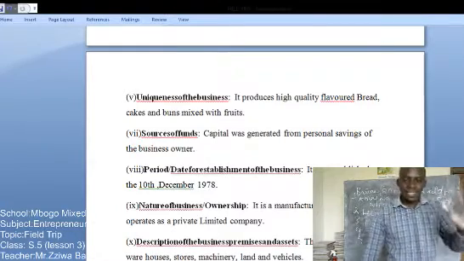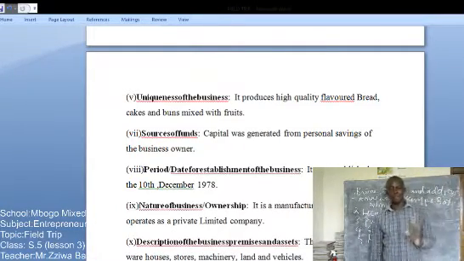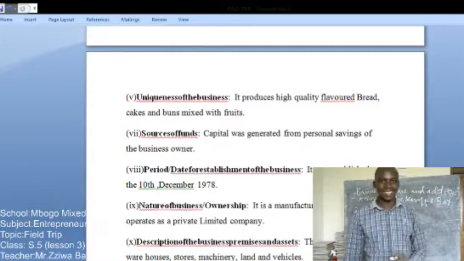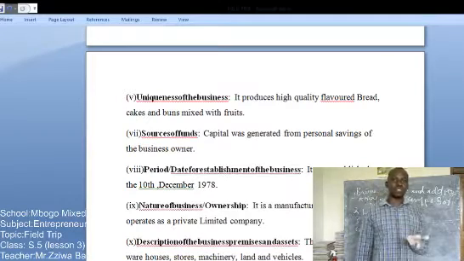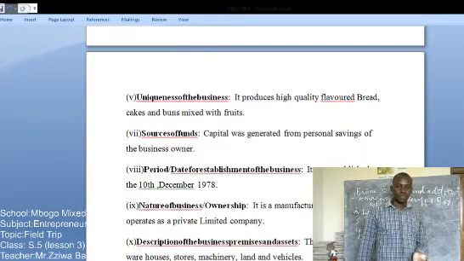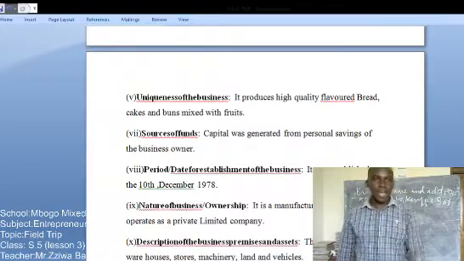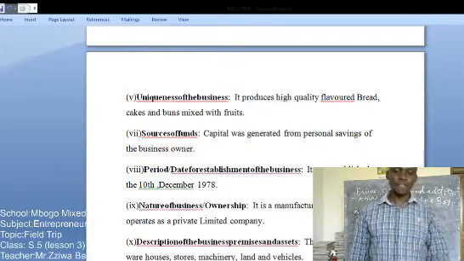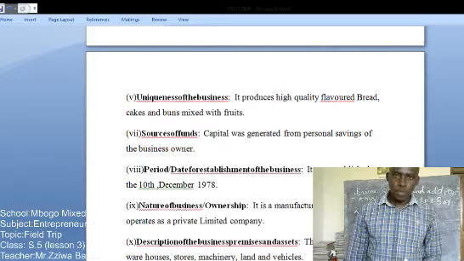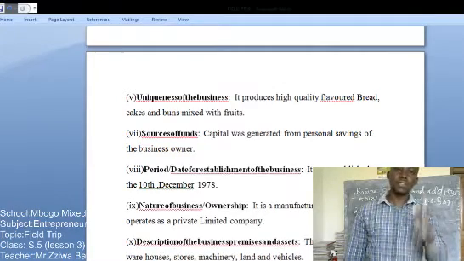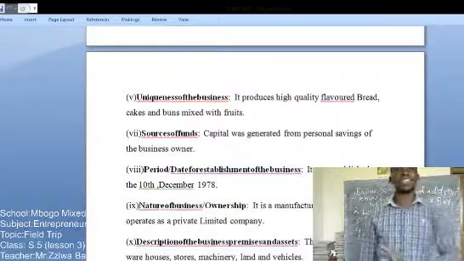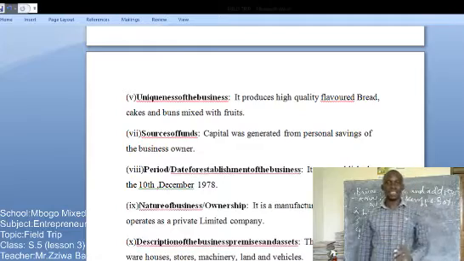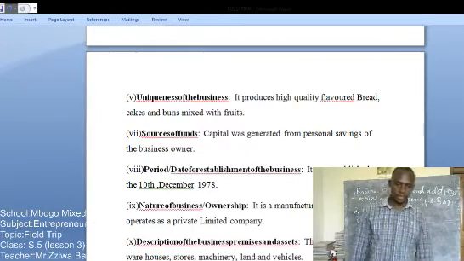Capital was generated from the past savings, or the personal savings, of the entrepreneur or the owner of the business. Here you select one source or two. If it was generated through sale of shares to other businesses, highlight the sale of shares. If it was through family contribution, please go ahead. If it was through securing a business loan from the bank, it is okay. And there you'll have also given the evidence for source of funds.